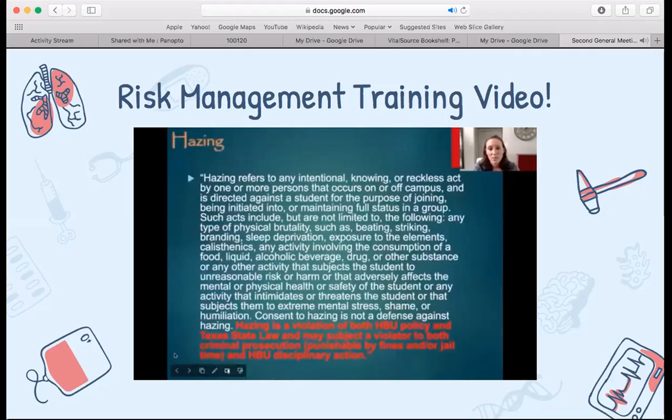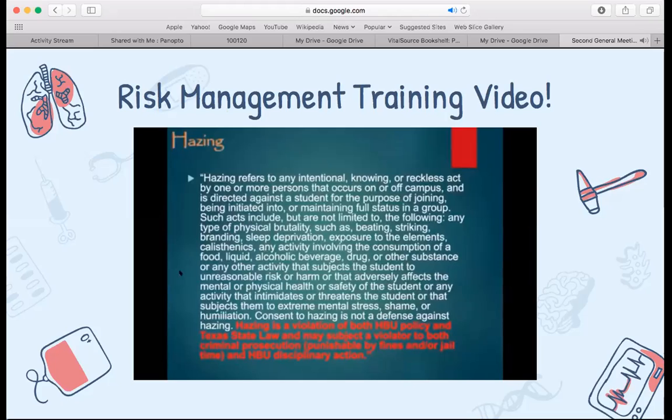So hazing refers to any intentional, knowing, or reckless act by one or more persons that occurs on or off campus and is directed against a student for the purpose of joining, being initiated into, or maintaining full status in a group. Such acts include, but are not limited to, any type of physical brutality, such as beating, striking, branding, sleep deprivation, exposure to elements, calisthenics, any activity involving the consumption of food, liquid, alcoholic beverage, drug, or any other